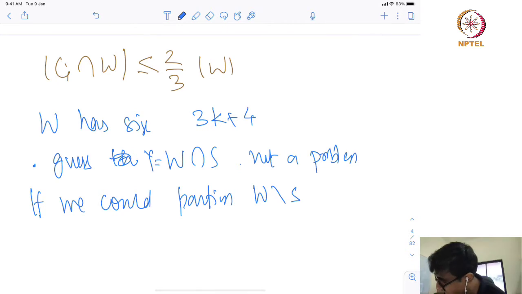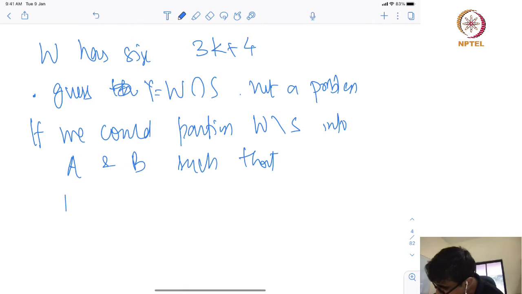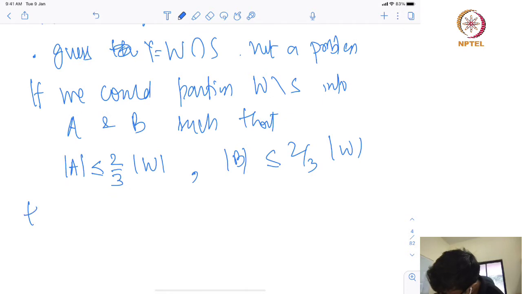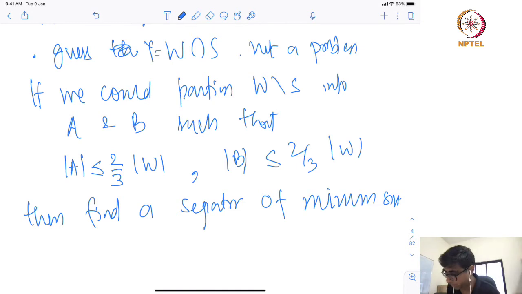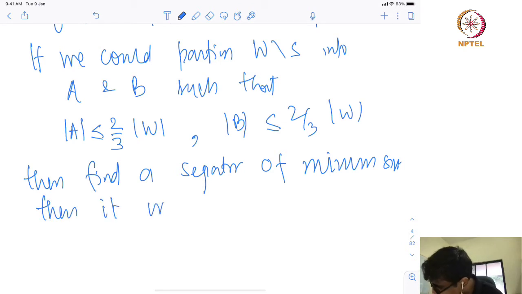W minus S, let us call this Y, W minus S into A and B such that mod A is at most say 2/3 of W, mod B is at most 2/3 of W, and then find a separator of minimum size, okay, such that this and this, then find a separator of minimum size, okay,